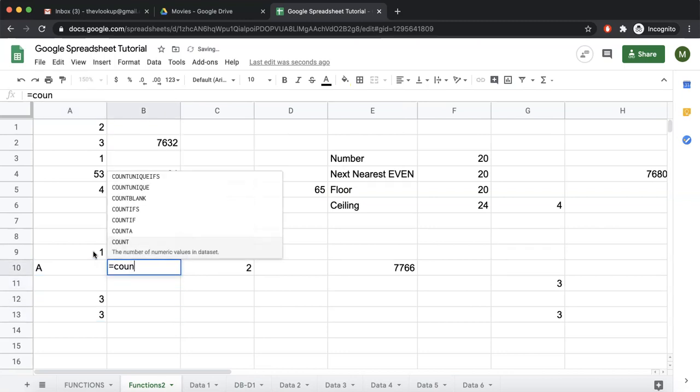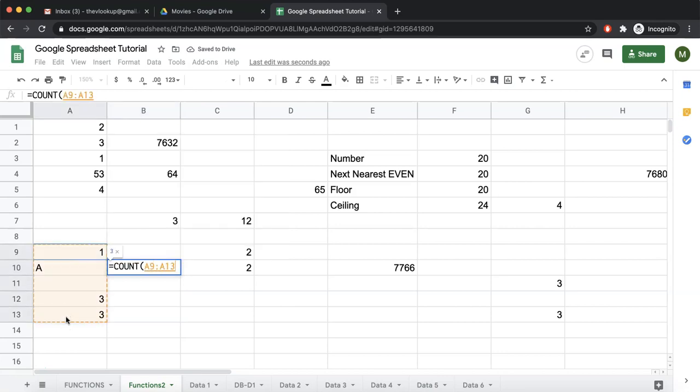If we say count of this range, we are getting 3, which is number 1, number 3 and number 3. Total count is 3. But if we say count A, same range, it gives 4. It is also taking A into the count because it takes either number or string. This is blank and this is not being counted either in count or in count A.